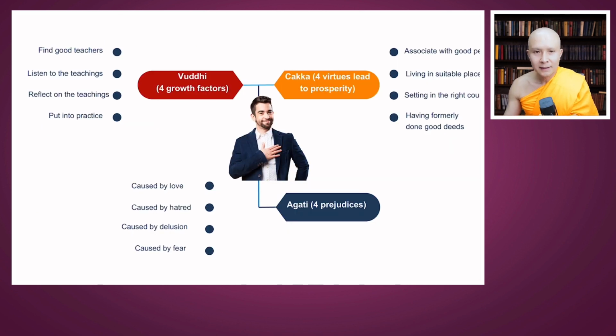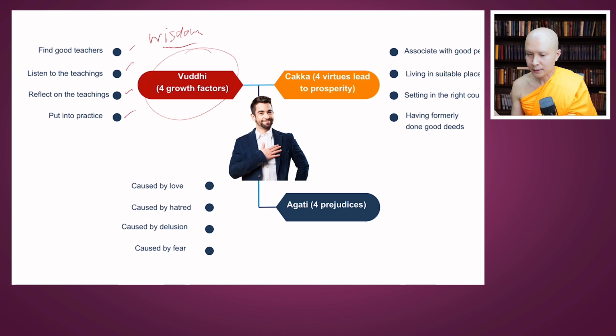Okay, I think that's pretty much what we're supposed to learn today. So we have learned these four key principles that help us to live a good life. Vuddhi 4, if you want to grow your wisdom: you need to find a good teacher, respect your teacher and listen to the teaching fully. Not just that, you have to be wise to reflect on what you learn,